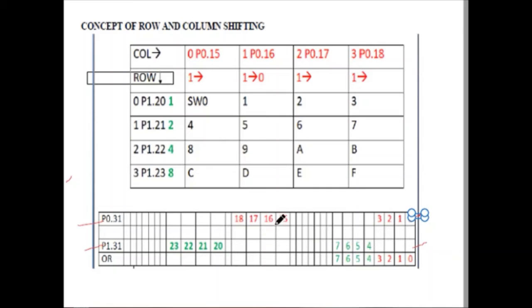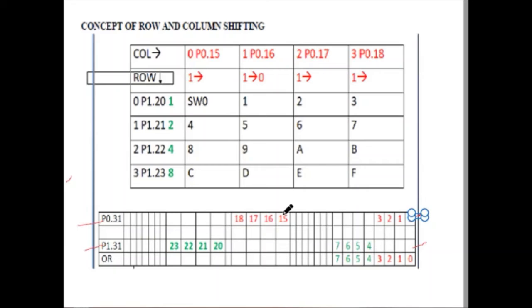We know P 0.15 to 18 are connected as the column, and next we have P 1.20 to 23, which are connected as the row. The key pressed values will be present at these bit positions, and we want to combine them together.